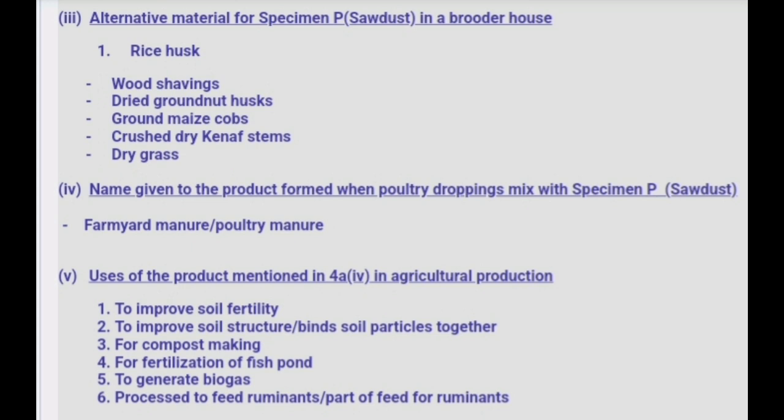poultry manure, right? Then what are the uses of this poultry manure or farmyard manure that's formed from mixing poultry droppings with sawdust? The uses of that product is to improve soil fertility, to improve soil structure, bind soil particles together, all the things that poultry droppings would have done. Right, so for compost making, for fertilization of fish pond, also to generate biogas, and also can be processed to feed ruminants or